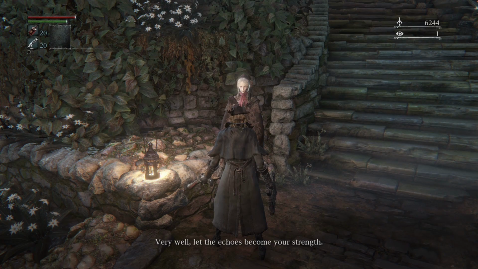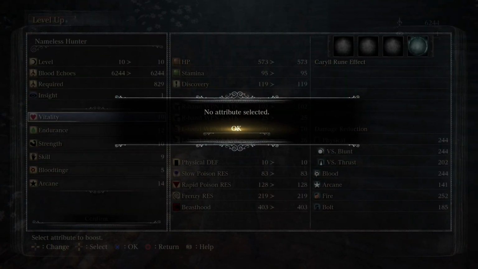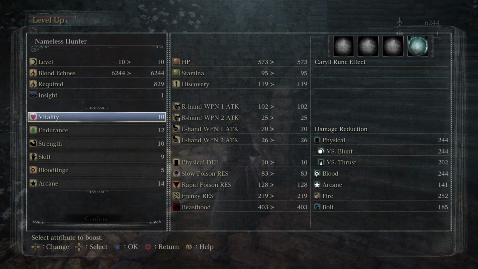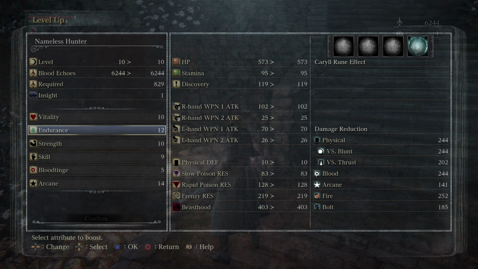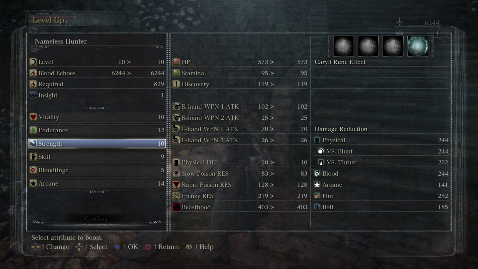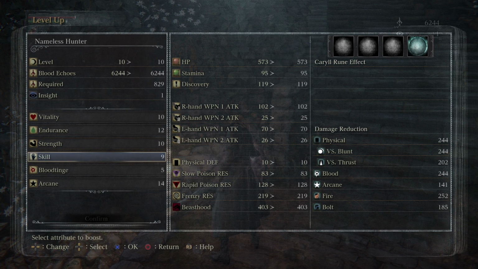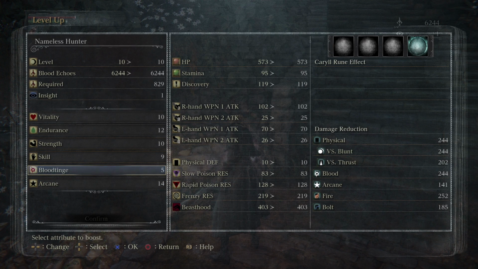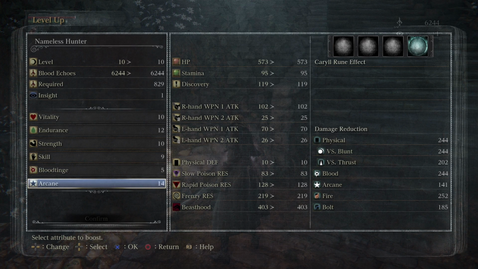Channel blood echoes. Alright, so vitality is going to level up our hit points, our HP. Endurance is going to level up our stamina. Strength is going to be used for strength weapons, and I will show you what I'm talking about here. Skill for skill weapons. Blood tinge, I believe, is for your firearms, and then arcane is for any kind of